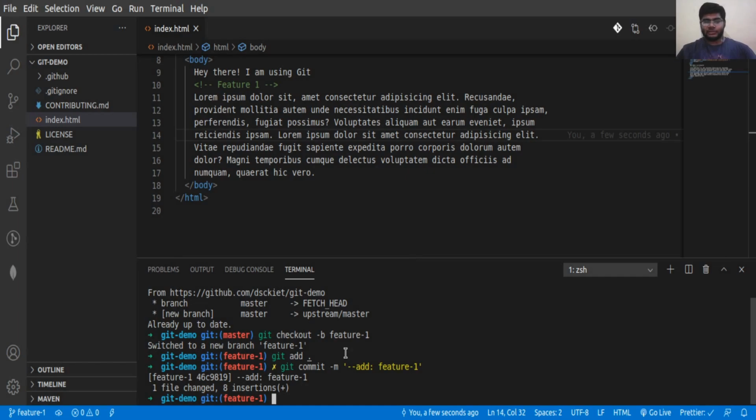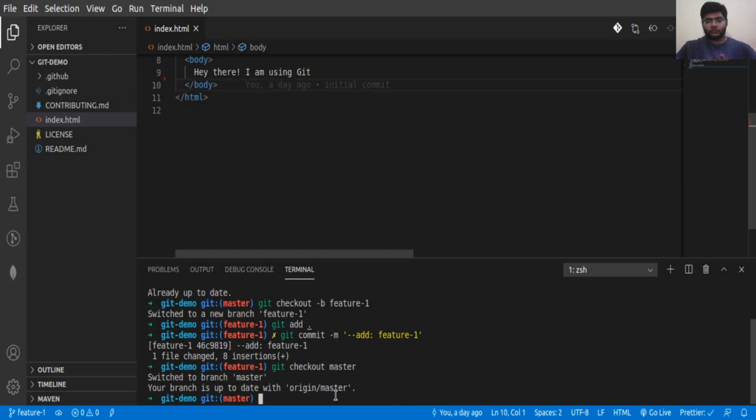So suppose you have pulled the latest master, and you are currently working on this feature 1 code, but in between another developer again takes the latest changes from the master, and he started contributing on feature 2. So let's visualize it. So at the same time, this was the common master, that is latest. We have not merged our changes yet.